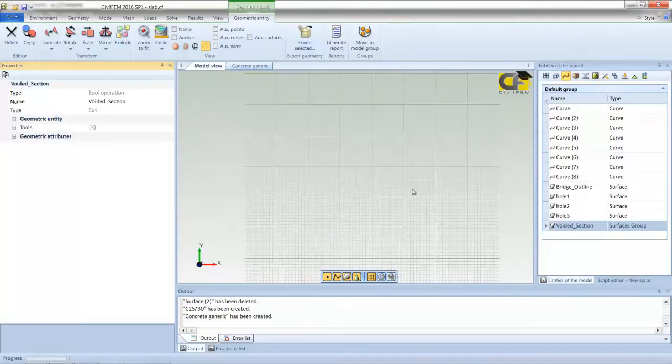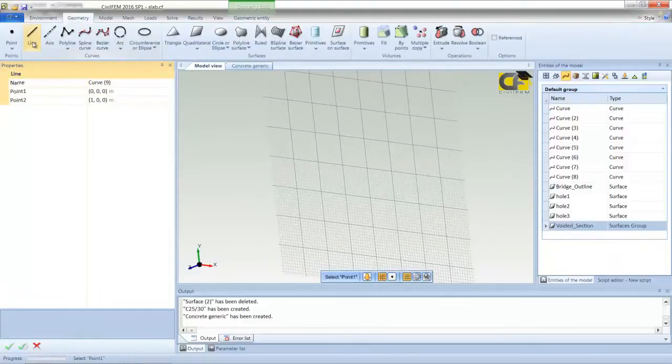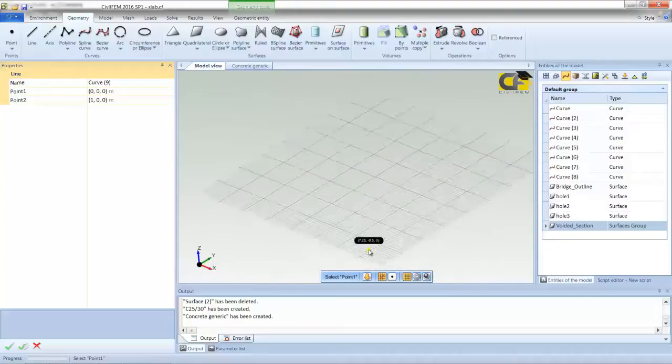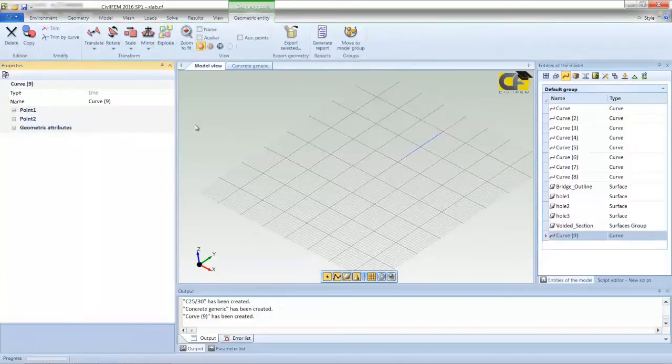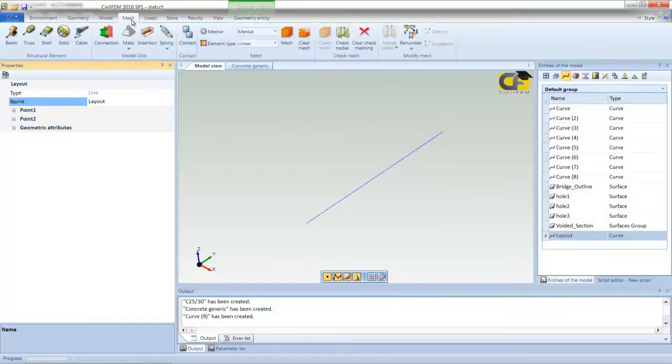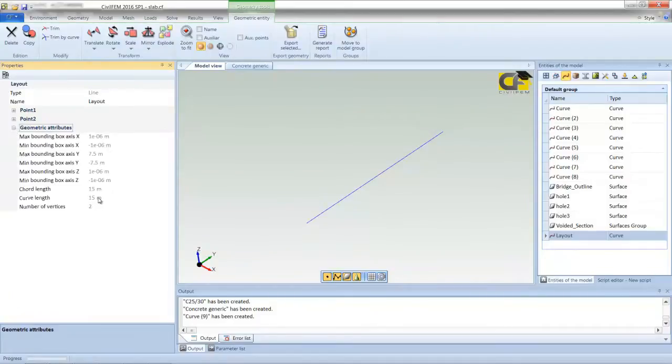Now I want to define the path of my bridge. I just need to create a line, for example following this path. I set here the layout of my bridge, and I just need to create the mesh of my bridge. Here's the layout. I just created a 15-meter bridge,